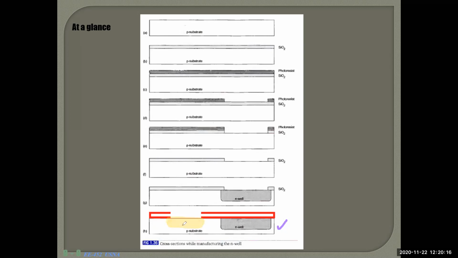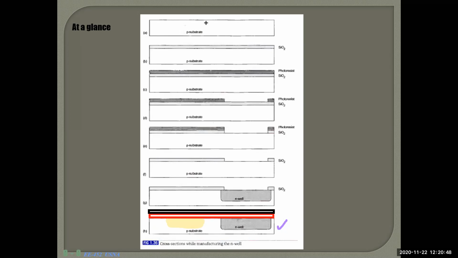After giving the material, when it is done, you give some hydrofluoric acid. All the silicon dioxide layer will be gone. Understood? So this is done. Again, if you need to do something more, you give a silicon dioxide layer again, like this. Then you give a photoresist again. And then you give a mask layout. Then you give some UV.